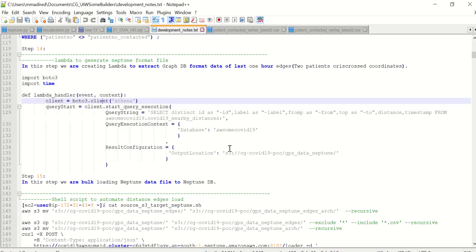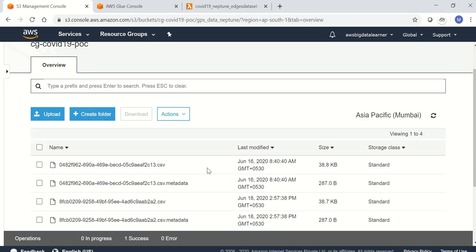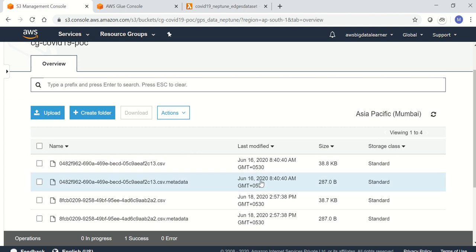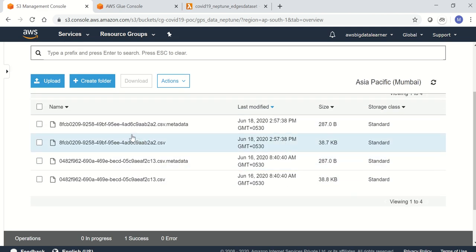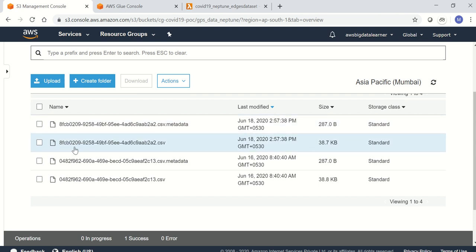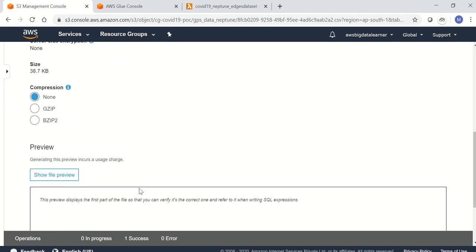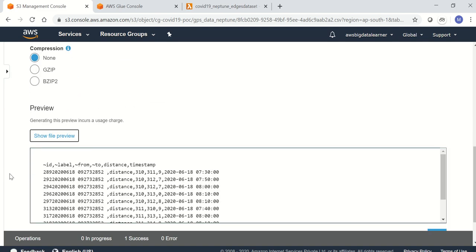So this is the path: COVID-19 POC GPS data Neptune. Yeah, just now created. So it will create a data file and a CSV file. The CSV file will have the actual Neptune format of data.